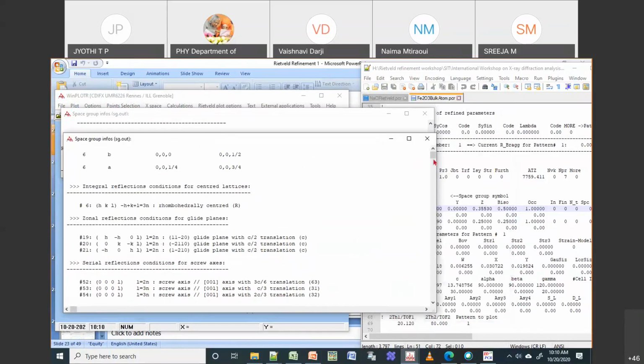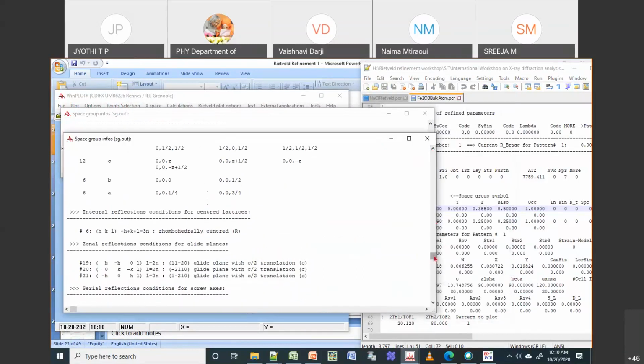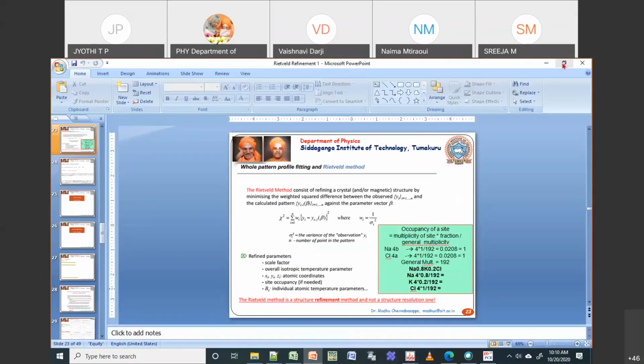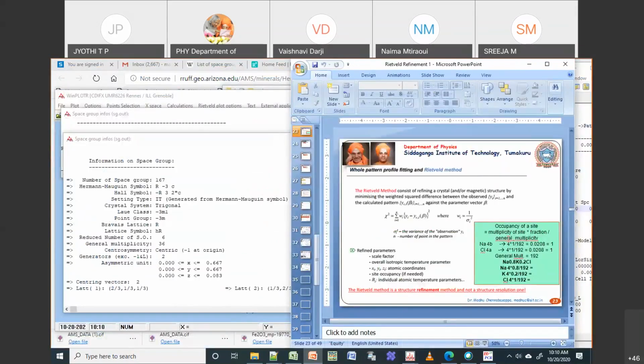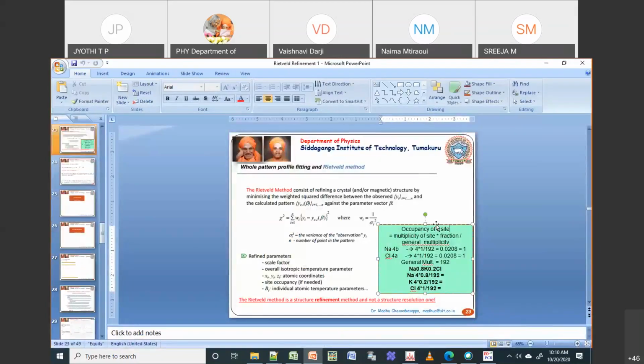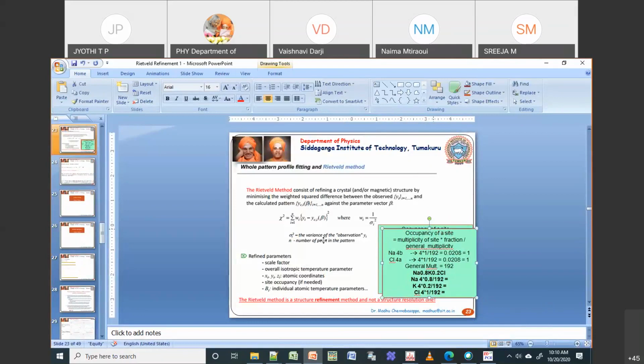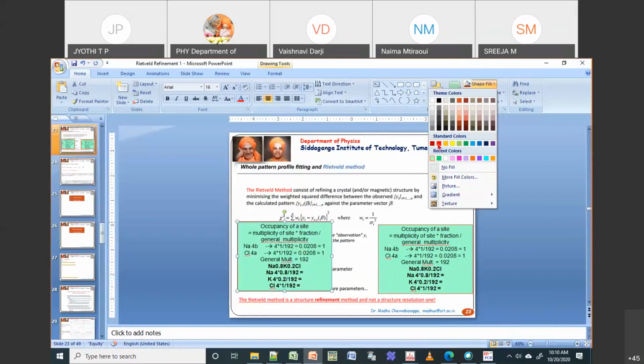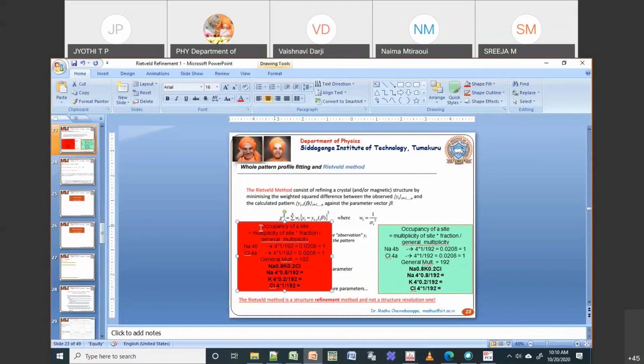So if I go back here, first thing I need to do is I will open this also along with that. So I need to know the multiplicity. Okay, we did this for NaCl. I will copy it again, and then let me change the color. So the red one is for Fe2O3, we are going to do it for Fe2O3. So I will change this, it is Fe and then O.